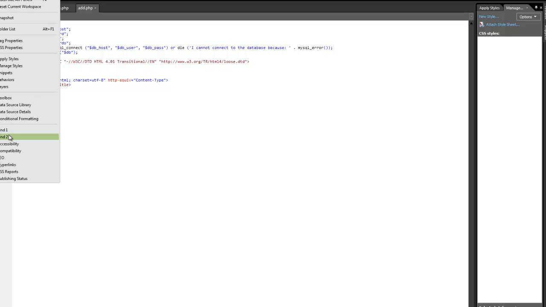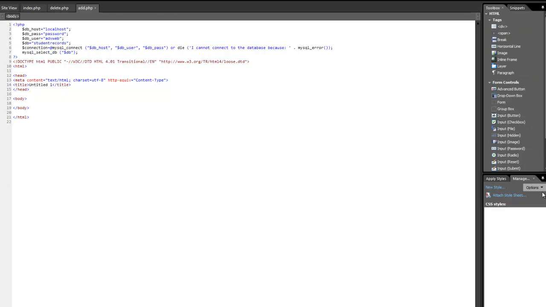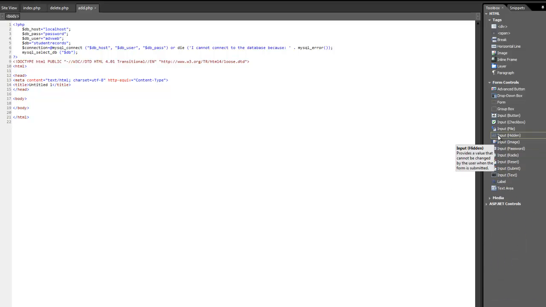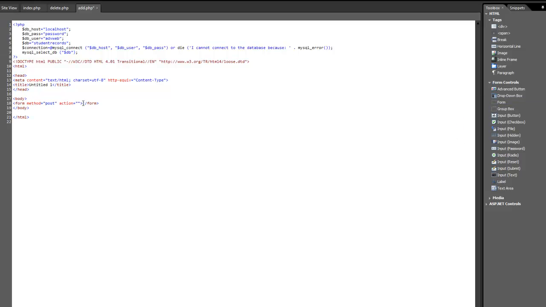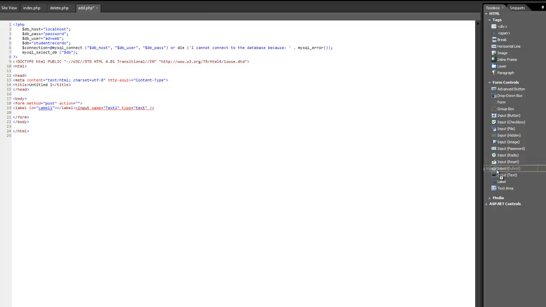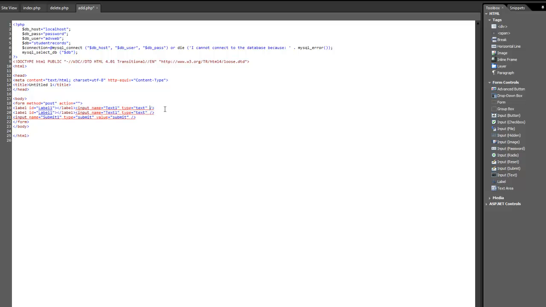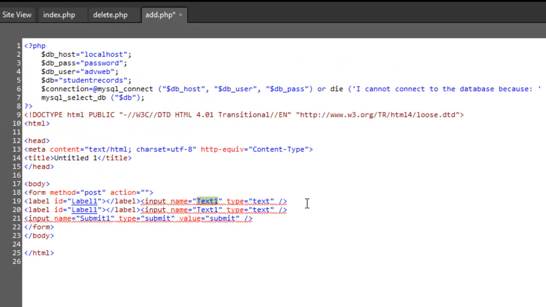inside here I'm going to want to reset my, there it is, reset current workspace. Let's hide the styles. Okay, I'm going to put in a form on add. Okay, so I will have a label, and I will have a text box, and I will need a submit button, and I need two of these. Okay, so this will be F name, L name,